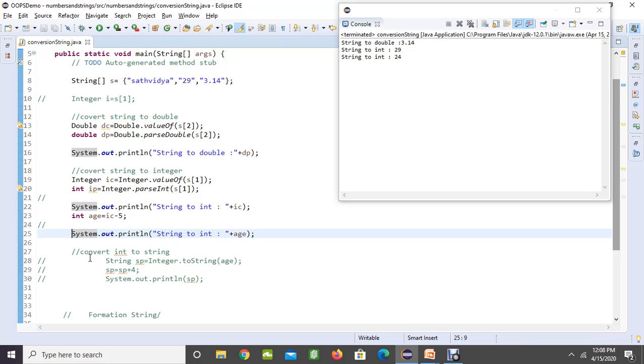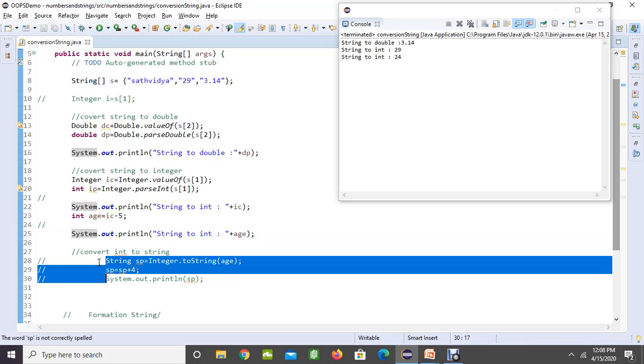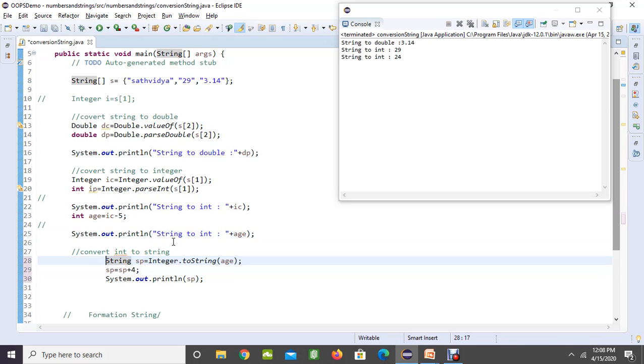Now see how this integer value is converted to string values. Why do we have to convert like this? Suppose you want to do some arithmetic operations on the integer values and store them back into your string array. You cannot store integer values in the string array. For that purpose you have to convert it into string type again and then store it. To do that we have the toString method, where you can convert it into a string. Like this you can use it.